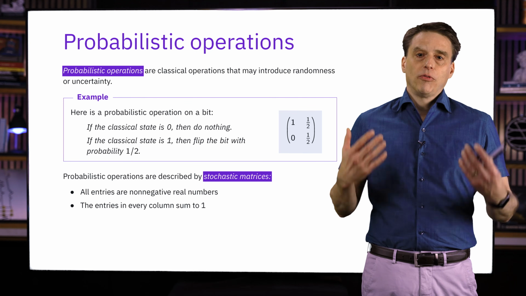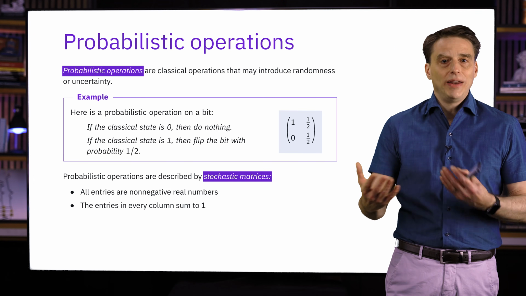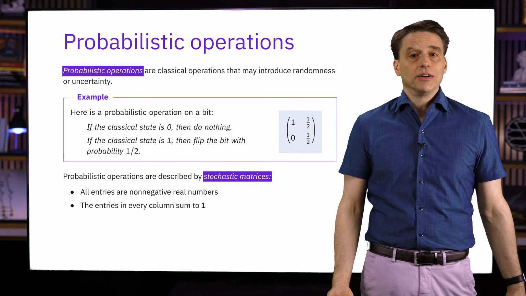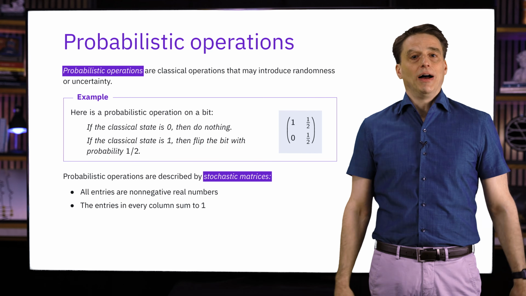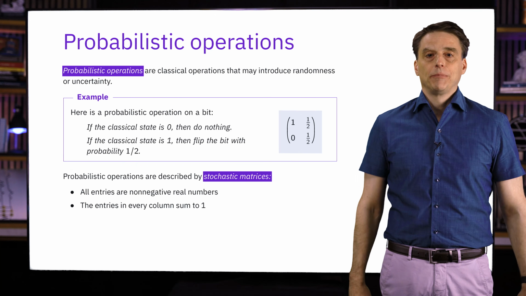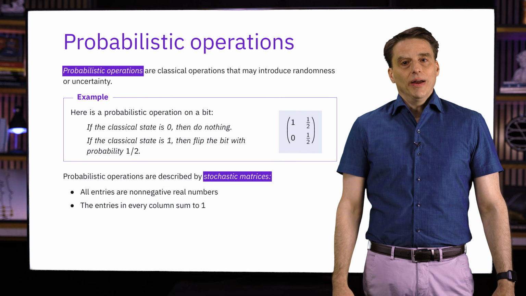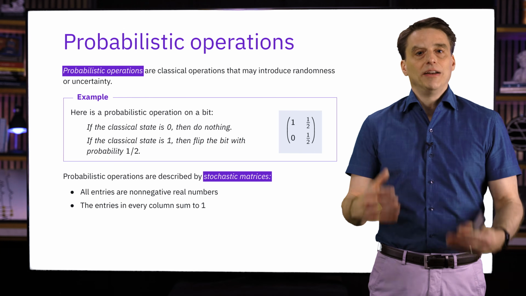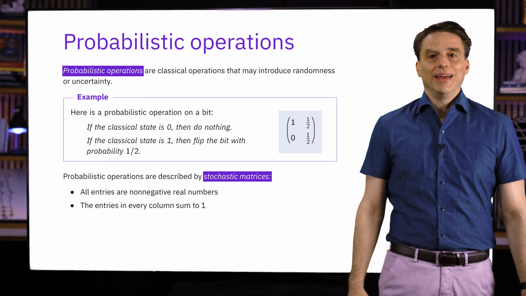In general, if we perform this operation on any probabilistic state, then the effect is essentially just a weighted average between the two columns, because that's how matrix vector multiplication works. It's linear, so we just average the two possible outcomes accordingly. When we think about probabilistic operations in this way, it's natural to think about them as potentially introducing or injecting randomness. We can just read the columns one by one, and we can see the randomness that they introduce for each possible classical state.